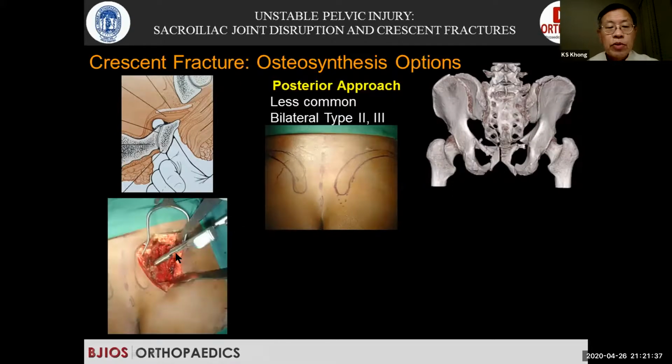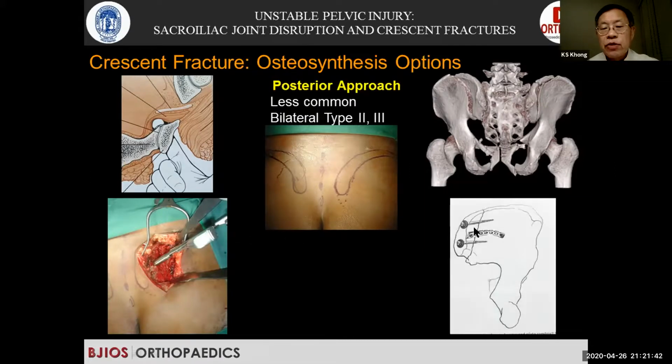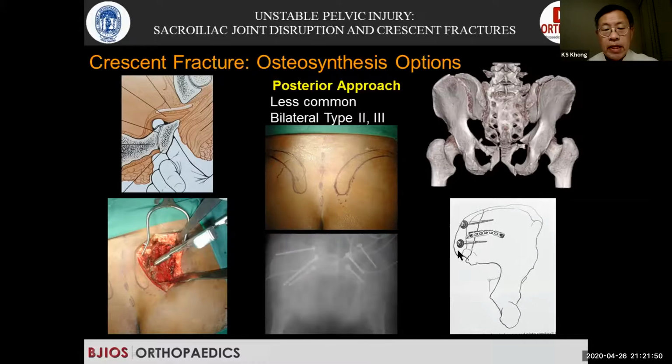Then you can put iliosacral screws, or you can put plates on the side, along the crest or screws along the buttresses, the iliac buttress and the sciatic buttress. In this case, the patient was quite stable and we just put large lag screws,